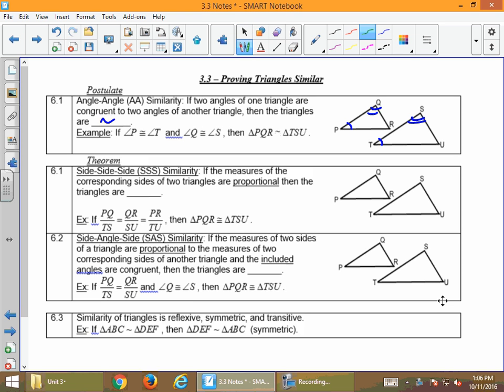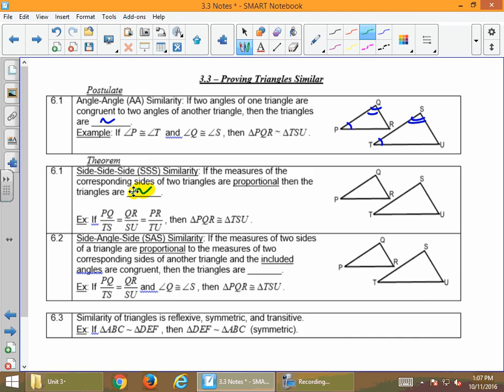Another theorem that we can use to show that triangles are similar. Remember last unit we talked about how triangles are congruent, meaning they're the same. This unit we're going to be talking about how they're similar. So side, side, side, similarity. Meaning if the measures of the corresponding sides of two triangles are proportional, then the